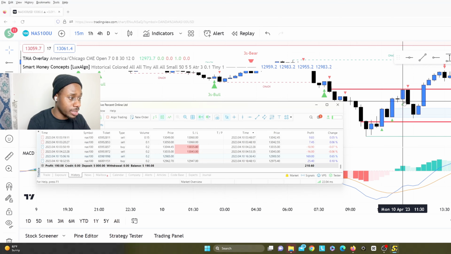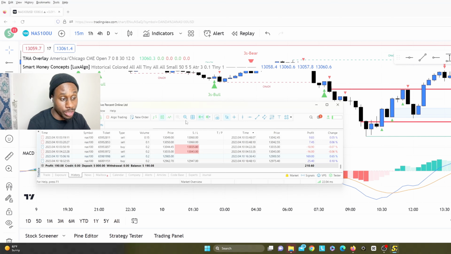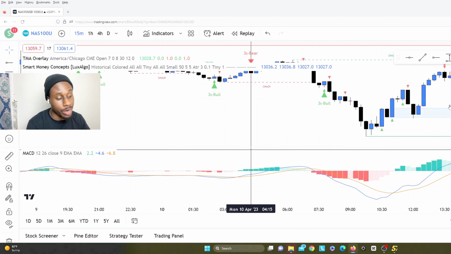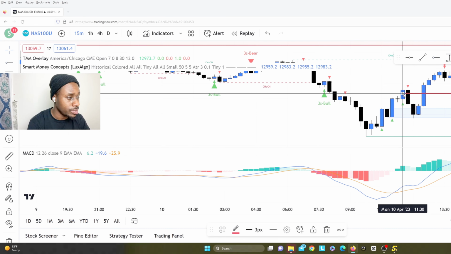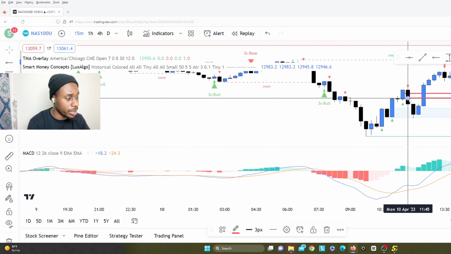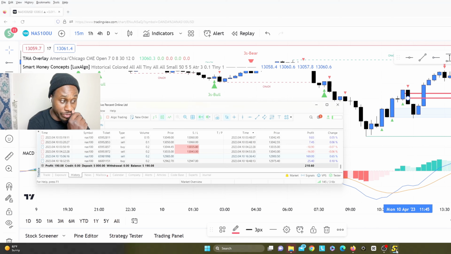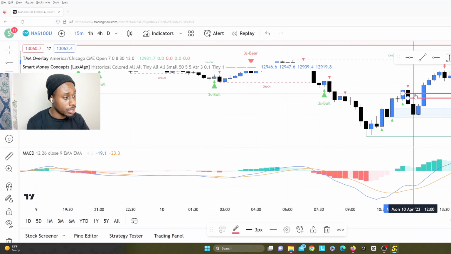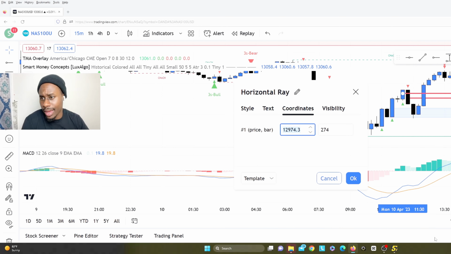Interestingly, I didn't take that trade. Let me see, what did I do? I opened and closed trades on both platforms at the same time. So after this, I entered to the buy side before the market reversed on me. I entered on the 11:30 and closed it on the 11:45. And let me put where I entered here. So on the 11:30, I opened it at